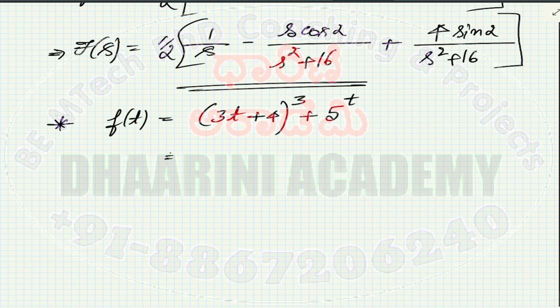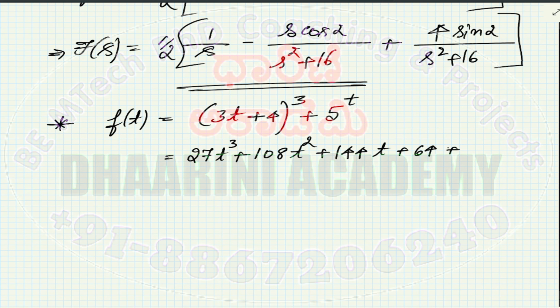This is a plus b whole cube, so I can write the cube of a plus b in the following format. 3t whole cube should be 27 t cube plus, this is 108 times t square plus 144 times t plus 4 cube, which is 64,